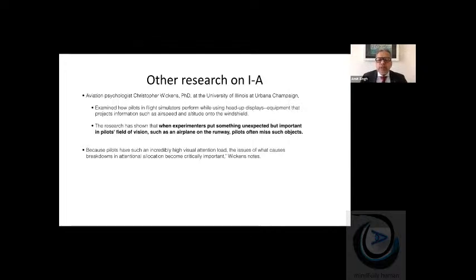So as per the result of his research, he says that a head-up display does not guarantee that events both on the display and in the world beyond the aircraft will always be detected. So even though you are using higher technology, the human and his cognitive powers are limited. If you overload, or it gets overloaded for some reason, it basically shuts down other parts of the brain so that the task in hand gets priority. And in that process, certain unexpected and obvious objects can be missed out.